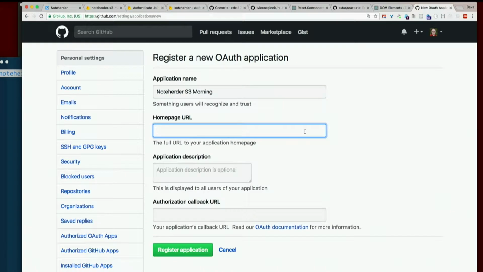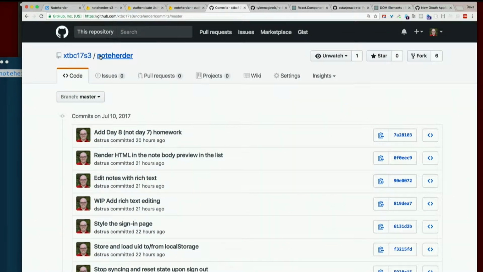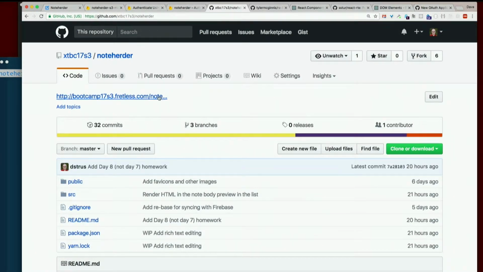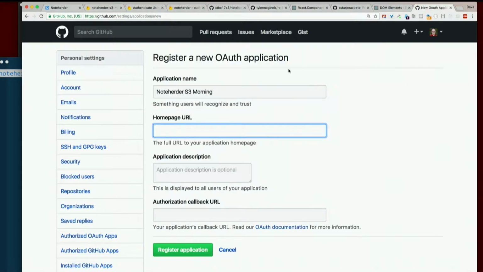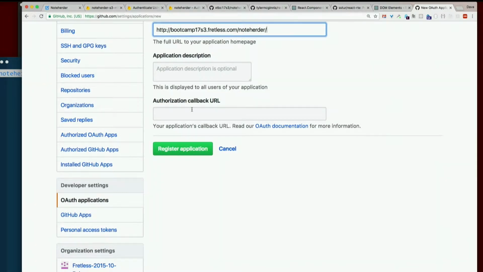Homepage URL, you do have to put something. You can put your GitHub pages URL, if nothing else. It's not terribly important. It's not going to actually check that that's there, but you may as well put the real thing because it will show it to your users. Application description, you can do that if you want, but the important part is authorization callback URL, which you get